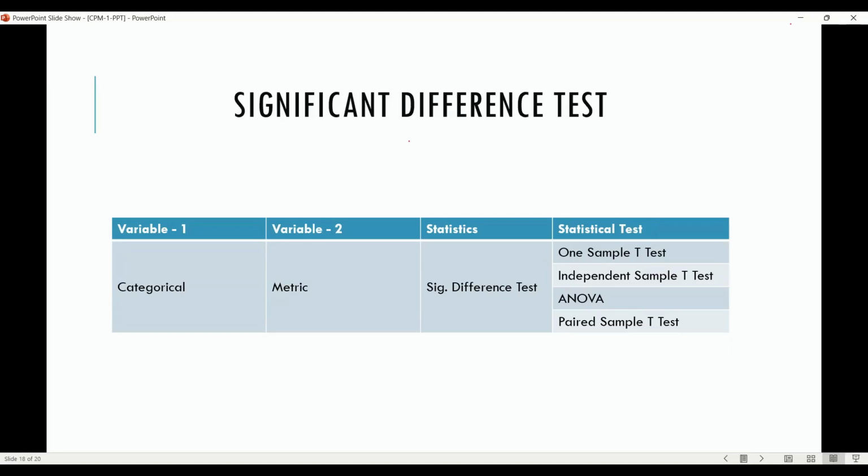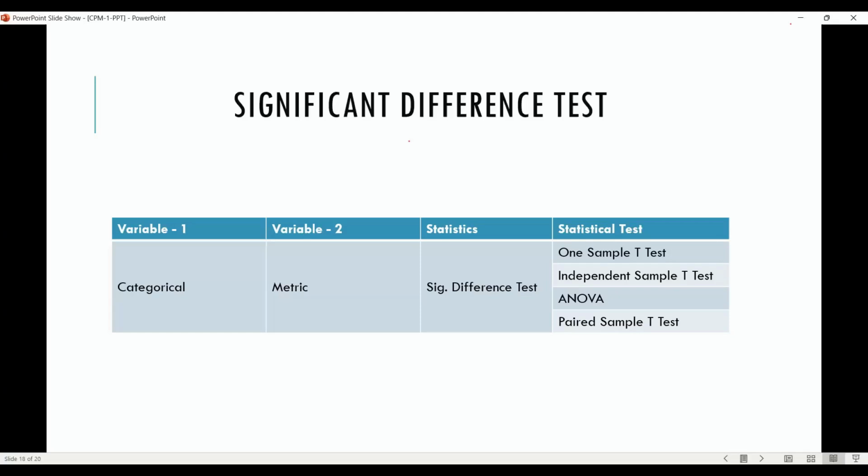So these are all categorical data, right? Different types of scooters, that is groups: Scooty Pep, Pleasure, and Jupiter. Three different bikes. And you're going to measure the mileage, which is completely numeric, metric data. The mileage of Scooty Pep is around 42, Pleasure is 38, and Jupiter is 36. Here, you could say only that there is a significant difference in mileage, right?